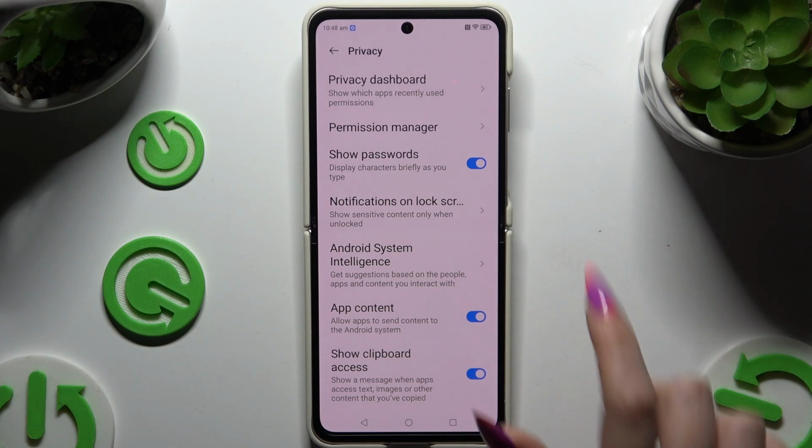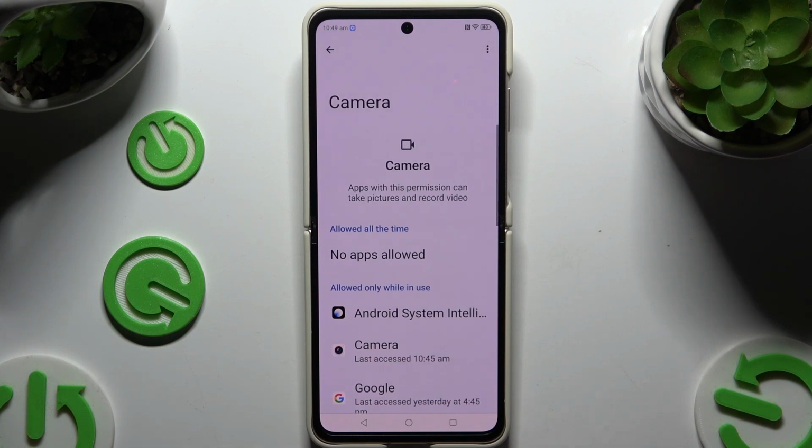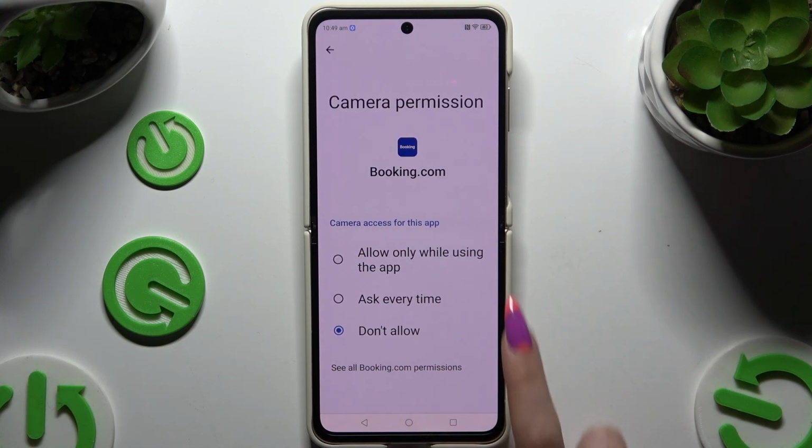Then click on Permission Manager. Click on one of your device's options and select an app. Now you can either click on an app, pick one of those options to apply a proper one for the previously